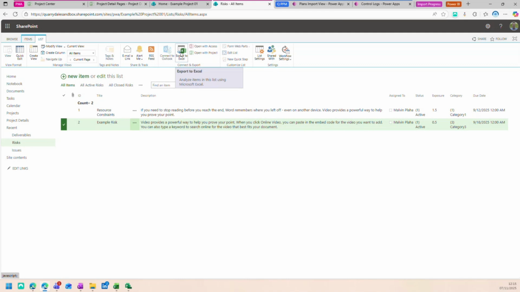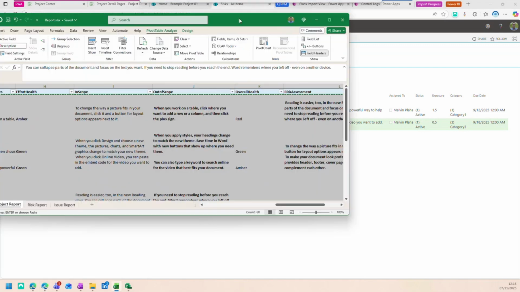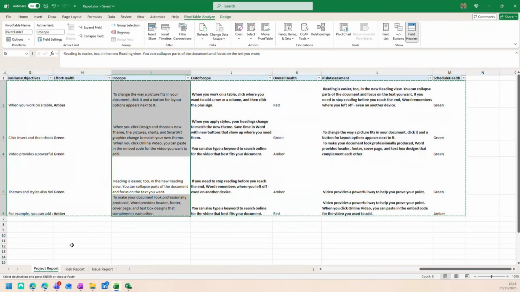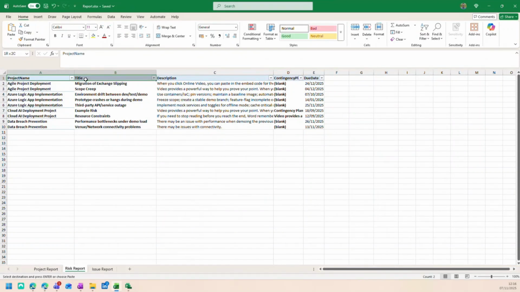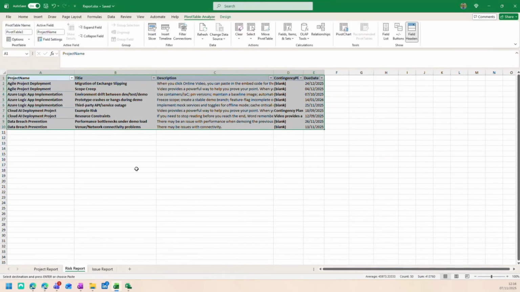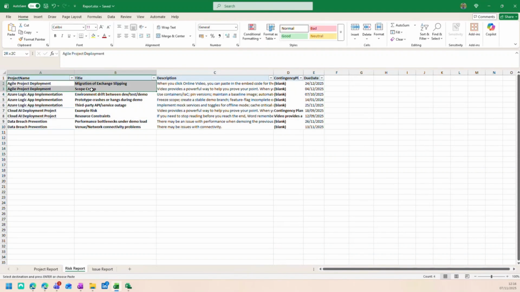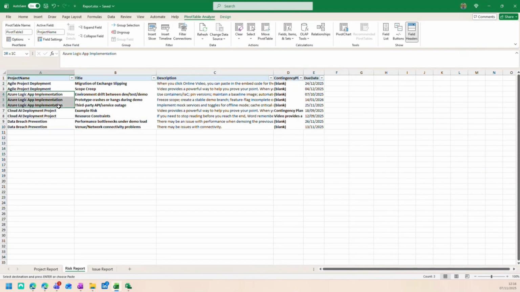Well, we do exactly the same thing that I showed you for projects. We have an Excel report. Down the bottom here, I've got another tab called Risks Report. Very simply, it just returns that data from Project Online and pulls it in. You can see here, I've got 2 risks for the Agile project deployment, 3 for Azure Logic App, 2